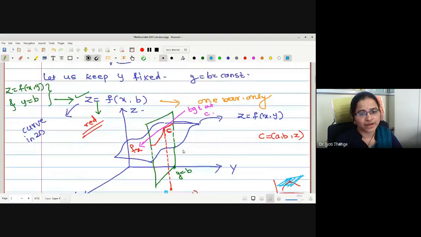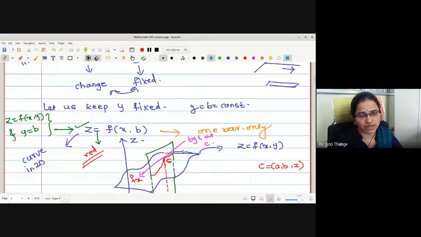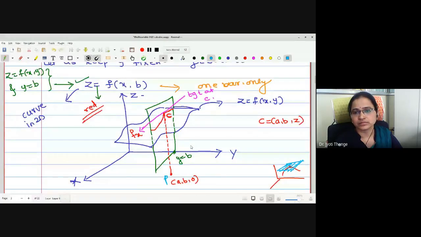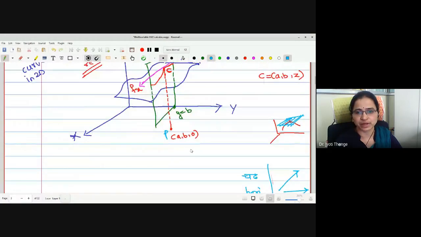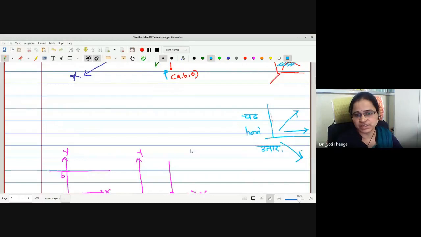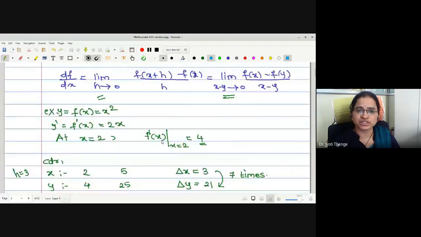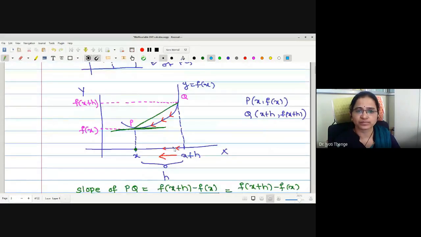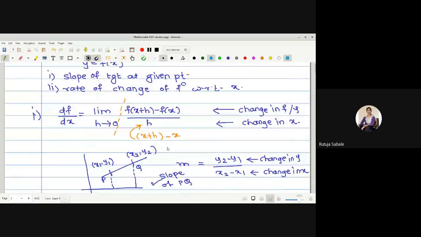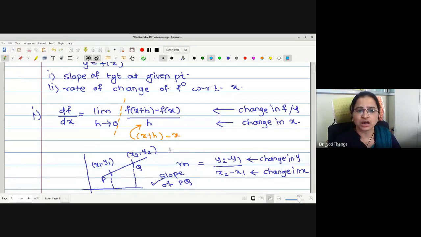Okay, I have explained the geometrical interpretation of both the derivatives, ordinary derivative and partial derivative. If you have a doubt in this, you can ask. Or give me 5 minutes, I'll explain how continuity cannot be ensured by partial derivatives. With the ordinary derivative, if the derivative exists, we say that the function is continuous. Correct, na? If the derivative exists at a given point, the function is continuous.